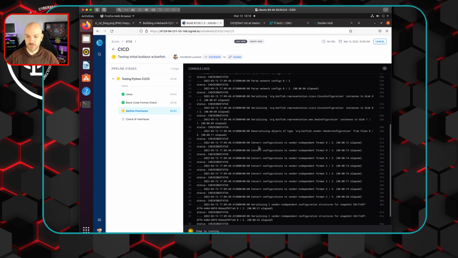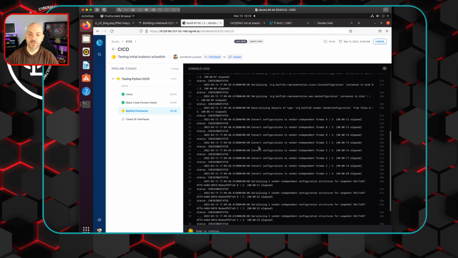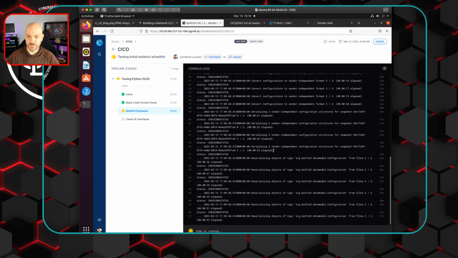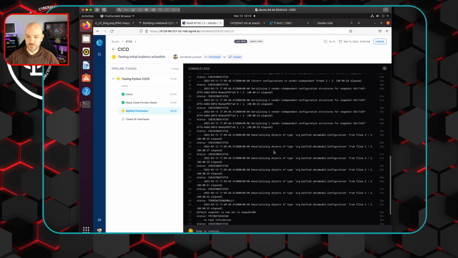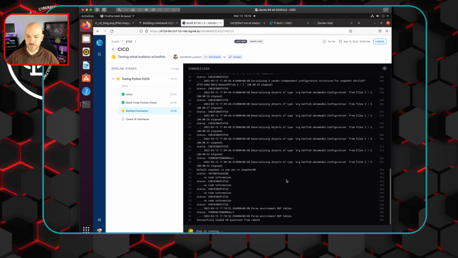And we'll see how long this takes since I did just spin up that Batfish instance and it hasn't done stuff before. It could take a little bit of time to do that. All right, so